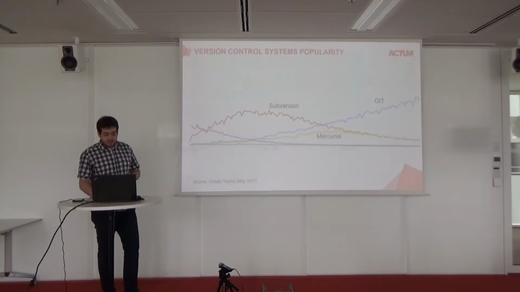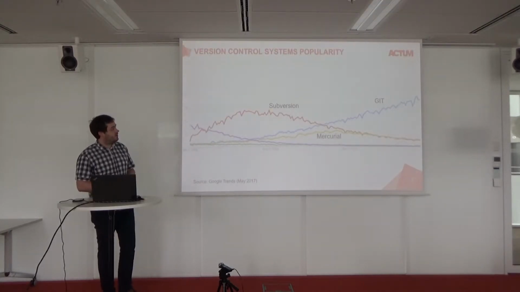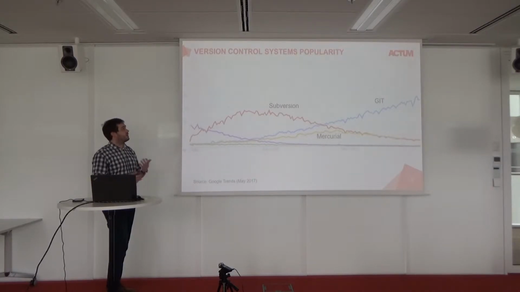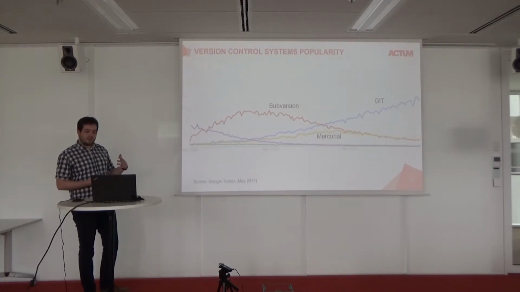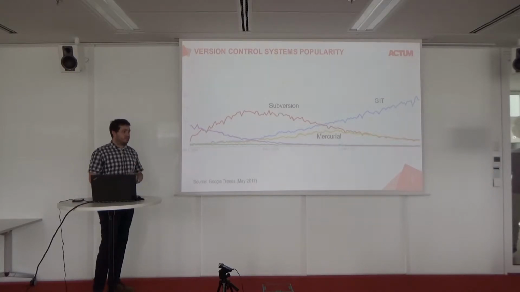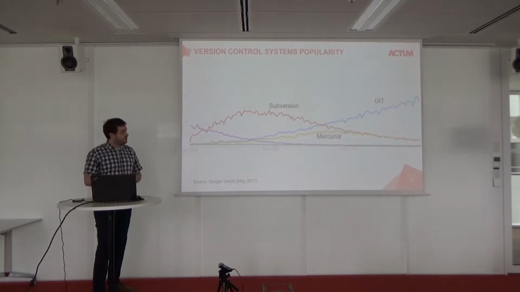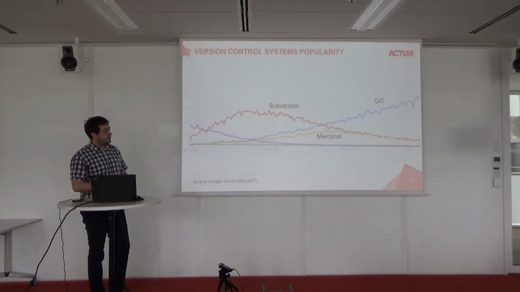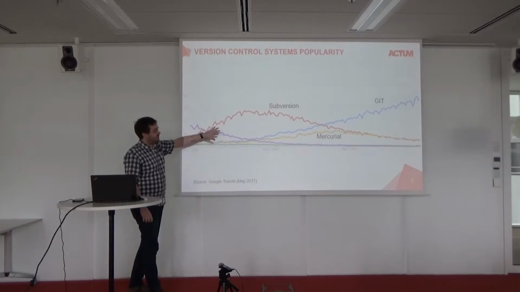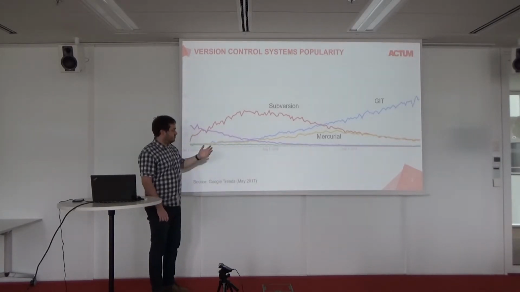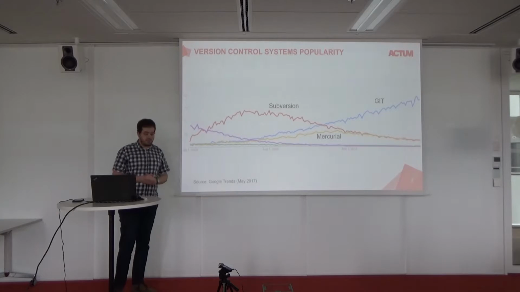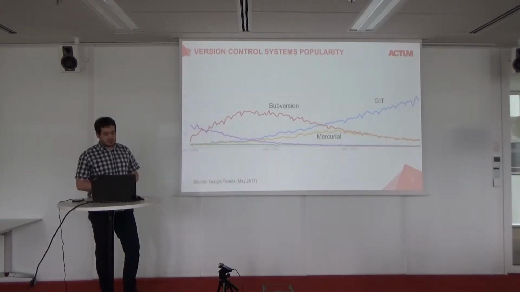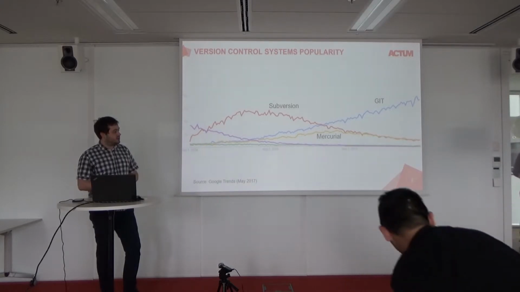So to begin, I would like to show you a graph of source control, or more like version control systems popularity. It's just from Google Trends, so it's not how many Git repositories there are, because that's quite hard to find out. But definitely Git is currently the most popular one, and you can see that it's basically the reversed graph of Subversion. So Subversion was here in 2008. It was basically the main development tool for source control, but since then Git has had quite a lot of